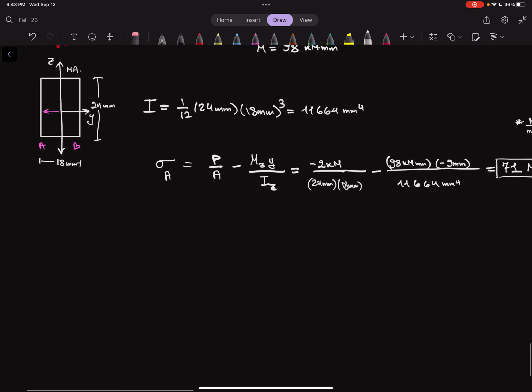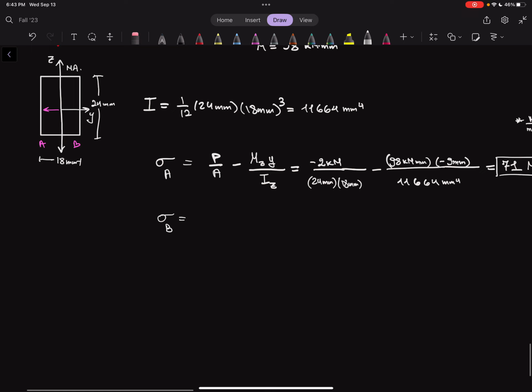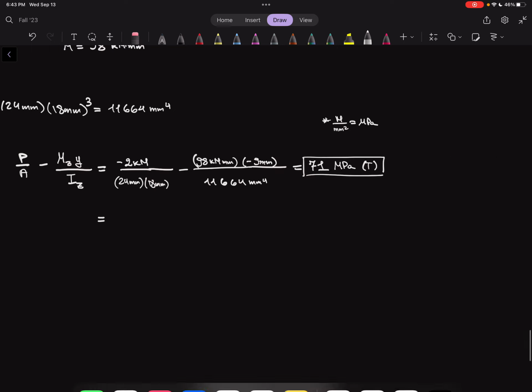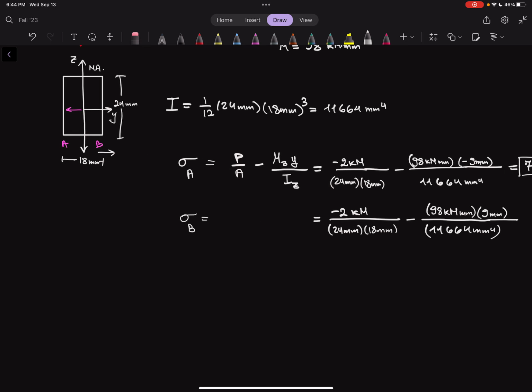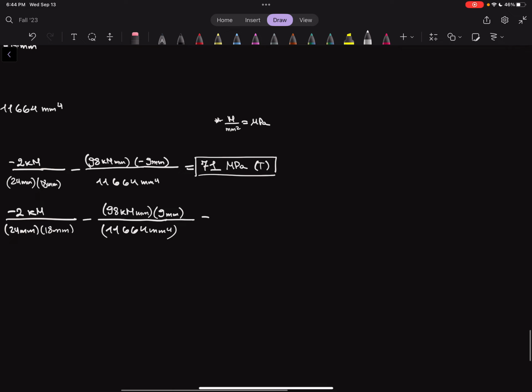And now we do the same with the other one. So sigma B, well, it's going to be exactly the same here. We have the same internal load. That's usually the case for an eccentric load, but calculating the stress at a different point. And we have the same moment, but now we're going in the positive y direction. And I'll show you that over here. See, for B, we're going in this direction, which is the positive y direction. So if we plug that into the calculator,